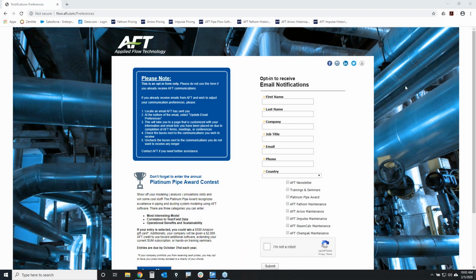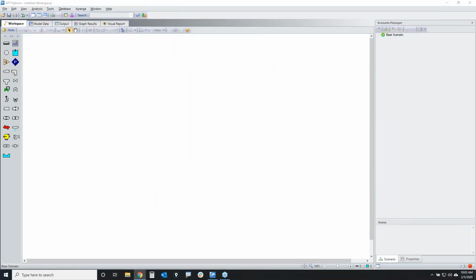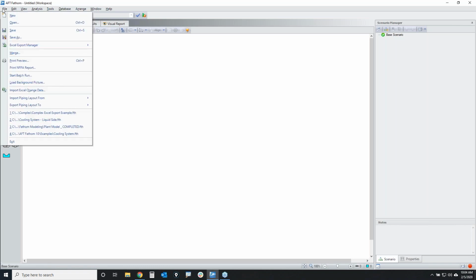All right, let's go ahead and just get right down to it. The first thing I'm going to demonstrate today is how you can import a neutral file, such as a piping component file, to allow AFT Fathom to build the model of your piping system for you. And so this was one of the key new features that came out with our previous version, Fathom 10, Arrow 7, and Impulse 7. And here's how you do it, is if you go to the File menu,